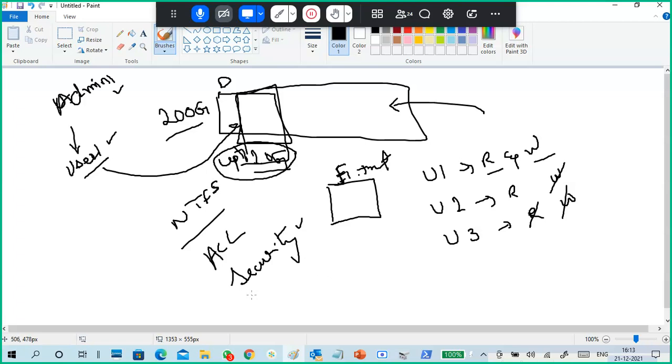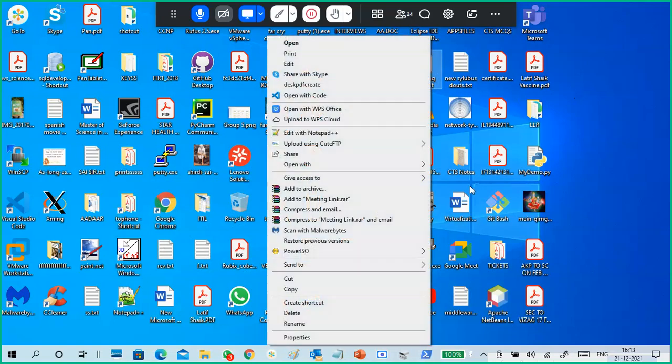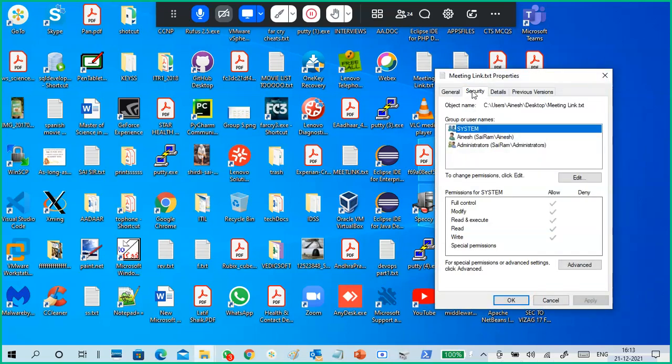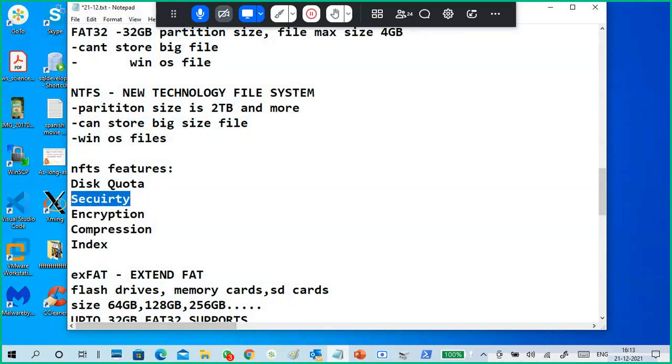It is not that. Security purely means giving permission to access your data, file, directory, or anything. Simply right click on any file or shortcut or picture, go to the Security tab. This is the security, and this is the list of users who can access it, with read allow or deny.